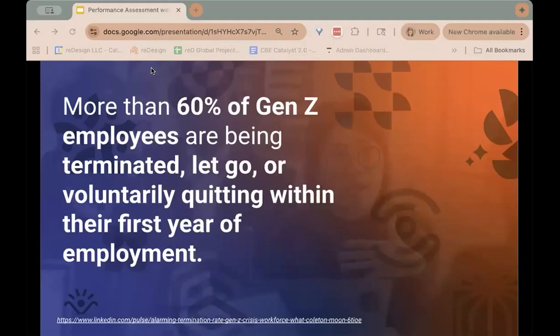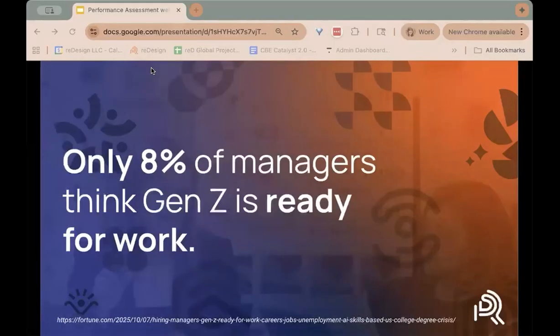That's a massive number. Let's couple that with this. 8% of managers think Gen Z is ready for work. So that means that as Gen Z goes into the workforce, 92% of managers are predisposed to think that the people they have hired are not ready for this job.